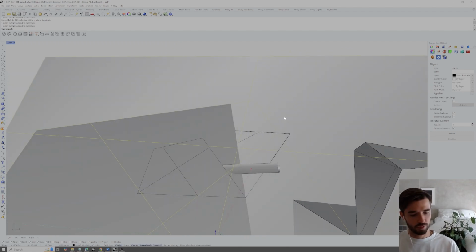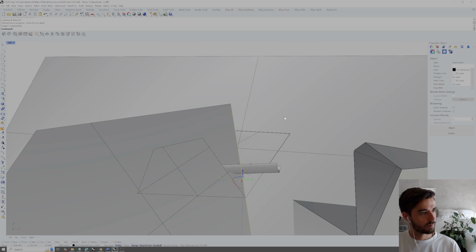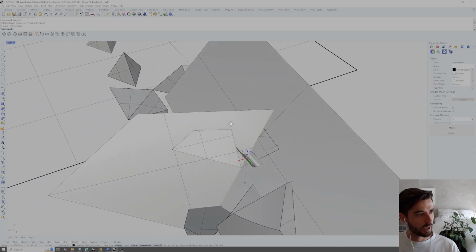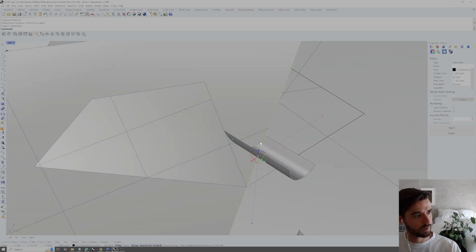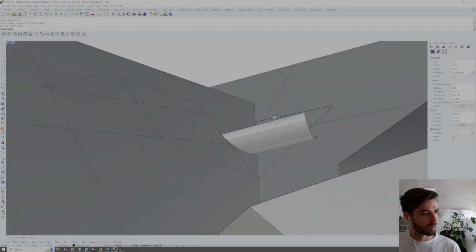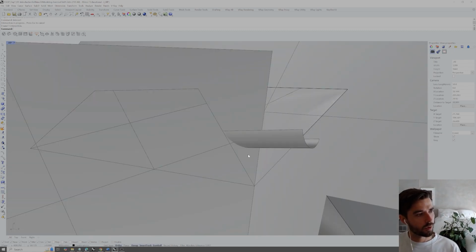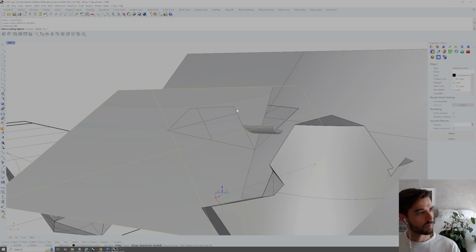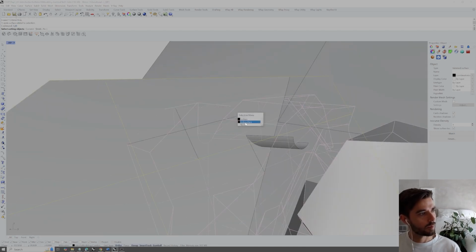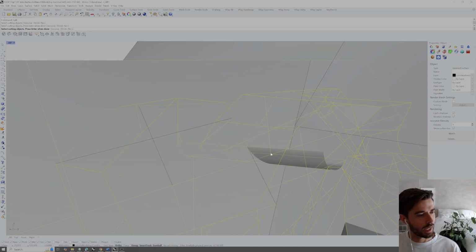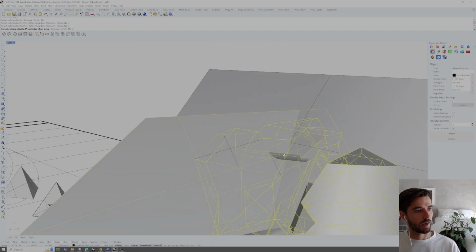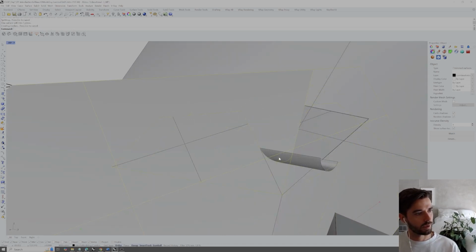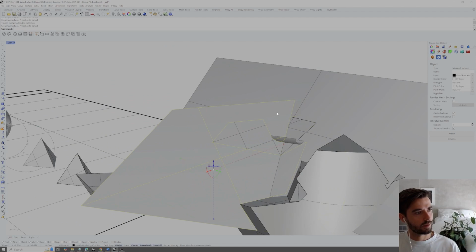And now if we take both of those planes and type intersect, we get the line of intersection between each of those, and that should perfectly align with that radius there. So what we're going to want to do is split this plane with the polysurface geometry and the radius and that intersection line. So if we hit enter there, we can then select